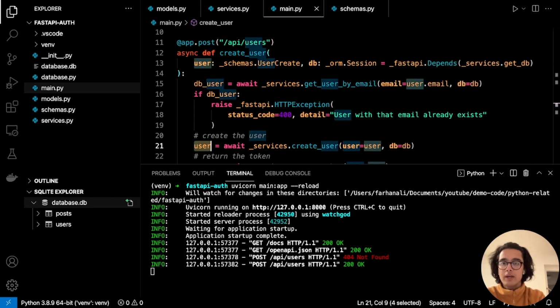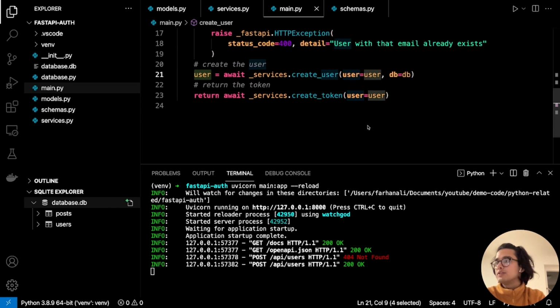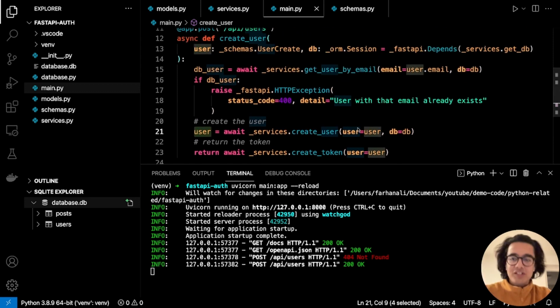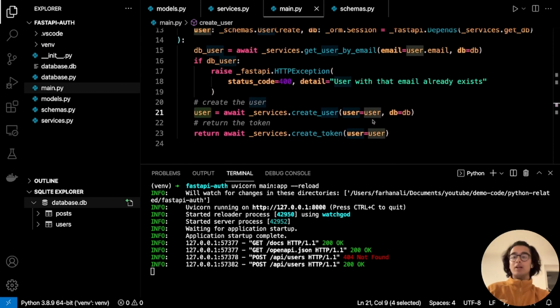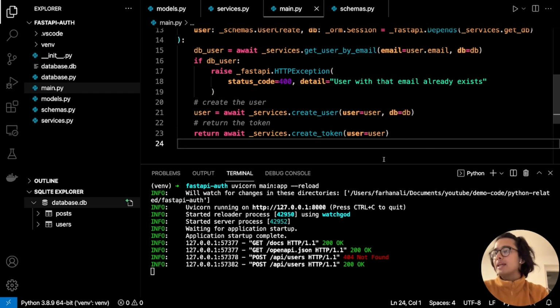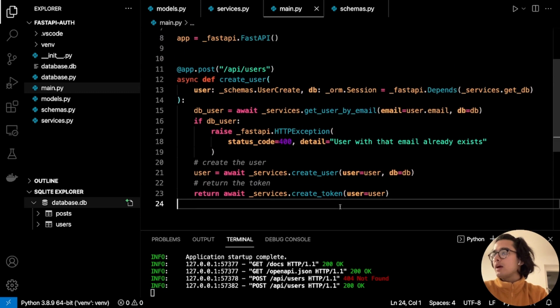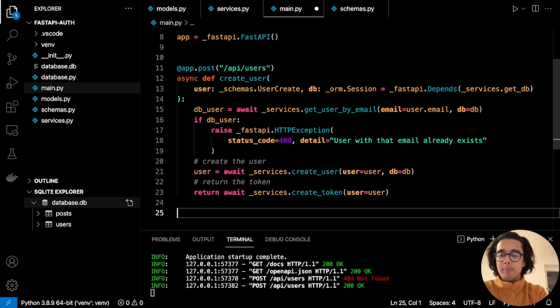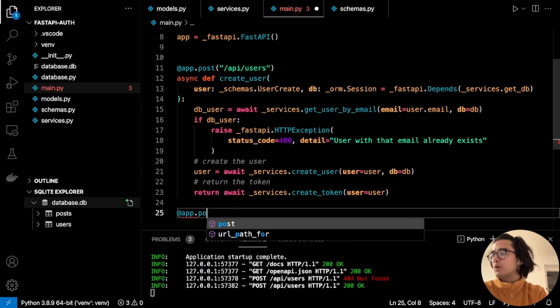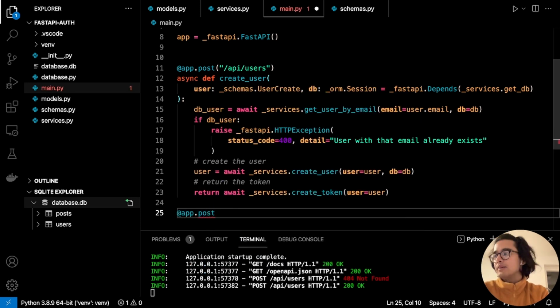Now let's move along into the next area, which is to actually generate a token. And this is what you'll use for logging back in. So this is more of the sign up part. Now let's do the logging in. So back in main.py, I'm going to create a new endpoint, app.post, and we'll call this